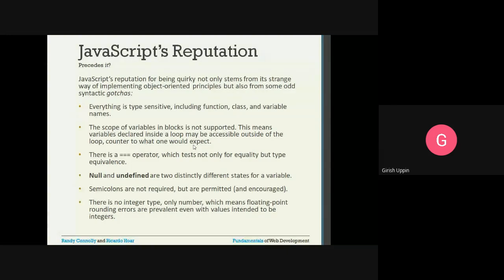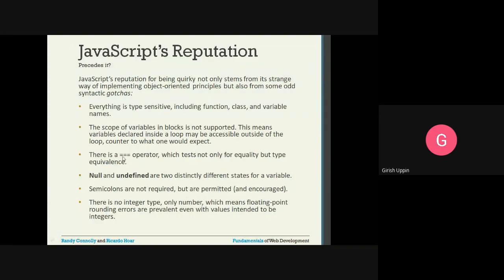For example, in Java or C, if we have a for loop and inside it you declare int i equals 0, the scope of this integer i is only inside that for loop. It will not be outside the for loop. But in JavaScript, that scope can extend outside the loop.